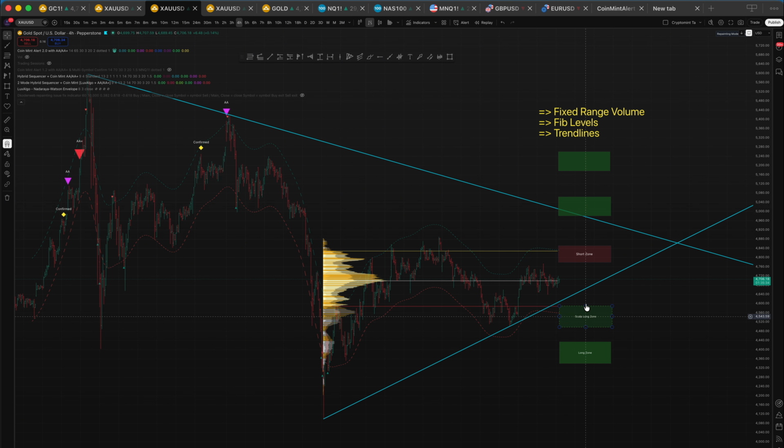So this zone, as you can see, is falling under the trend line, it's also falling under the high volume node, and also falling under the Fibonacci tool. So those are 3 confluences: the fixed range confluence, the Fibonacci level confluence, and the trend line confluence. So this is not just a zone I pulled from thin air. I have 3 confluences, and it is highly likely that when the price comes to this zone